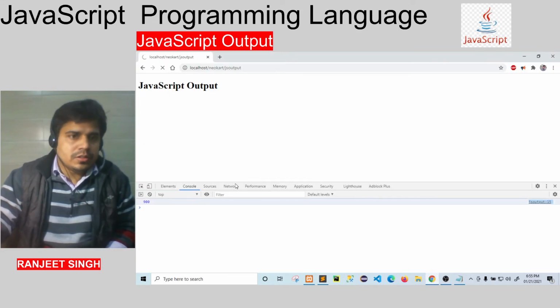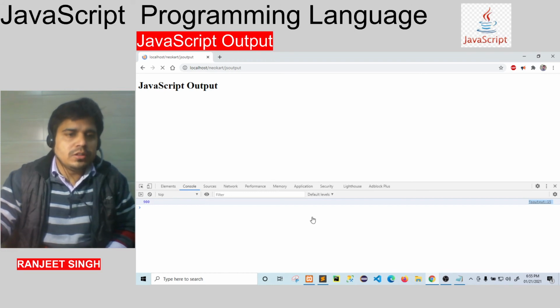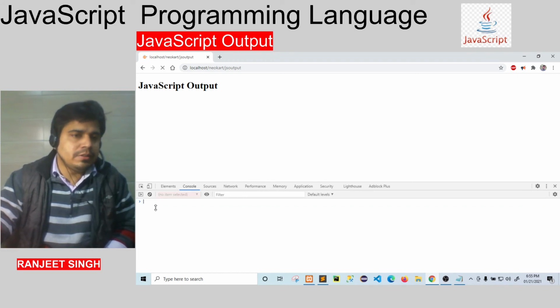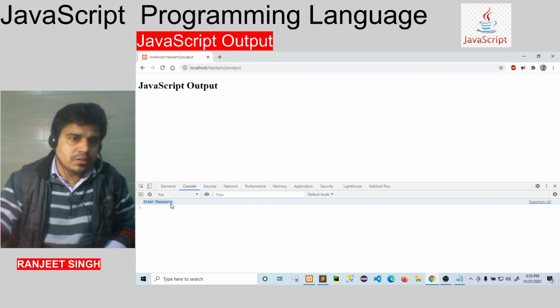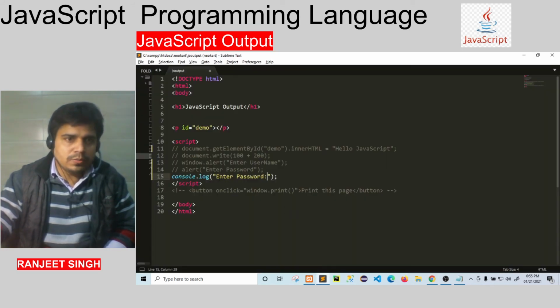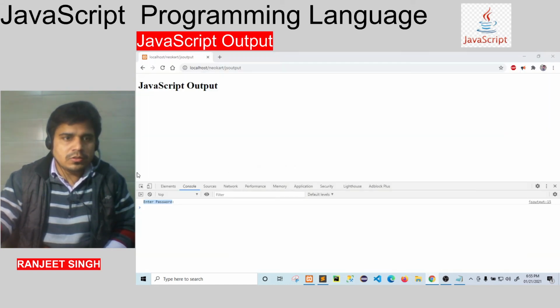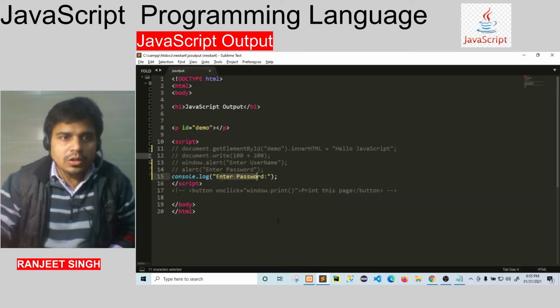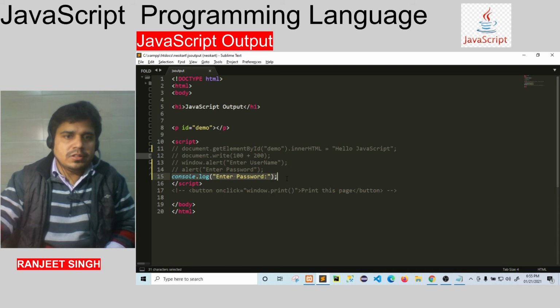In the console it will show enter password. Now you can see in the browser console it is showing enter password. So that is the use of console.log.